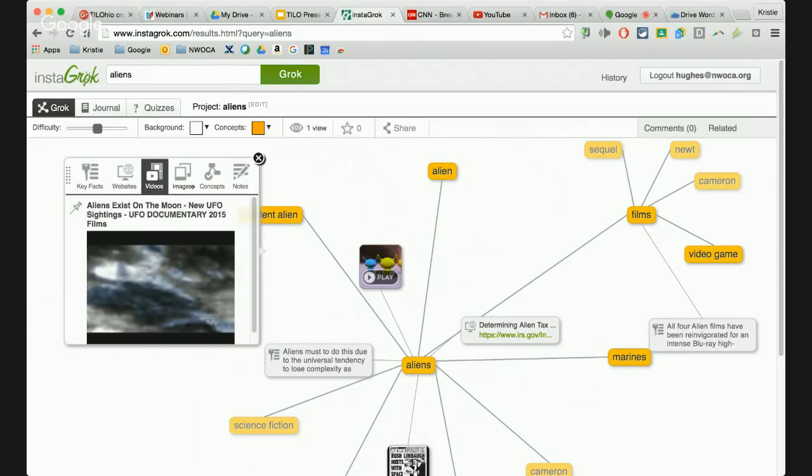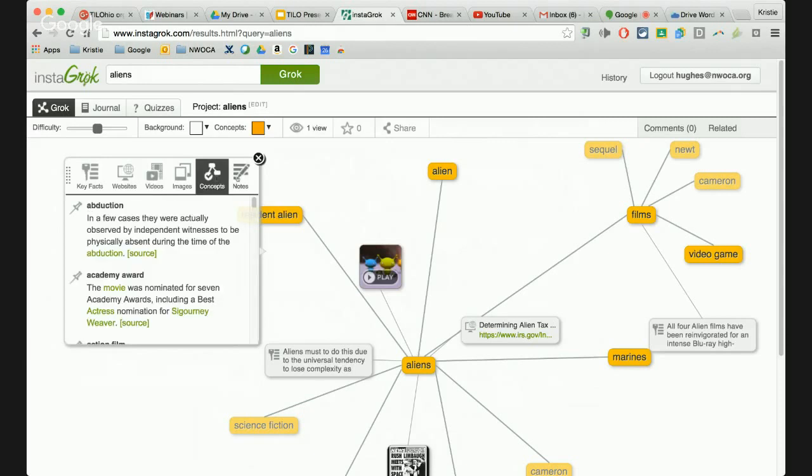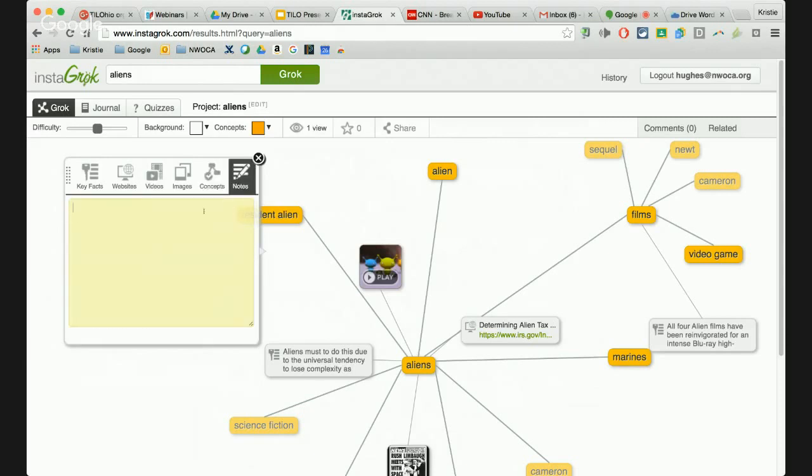I have images, I have concepts, and then I have notes. I also like this note feature because I can add my own note, and there it is. It just popped up, and now it's part of my Grok over here in the corner.